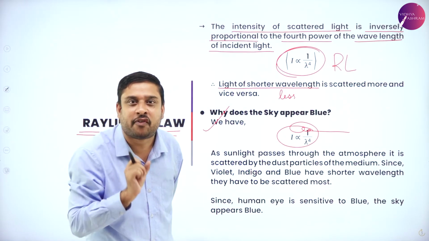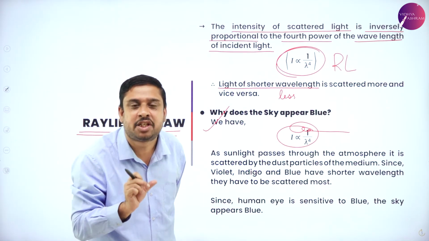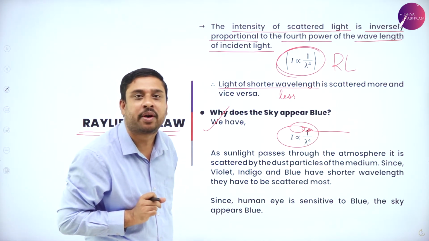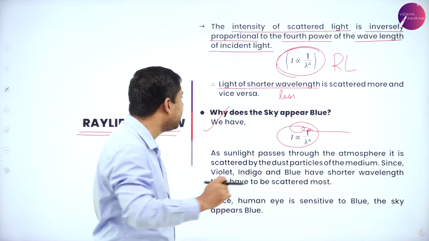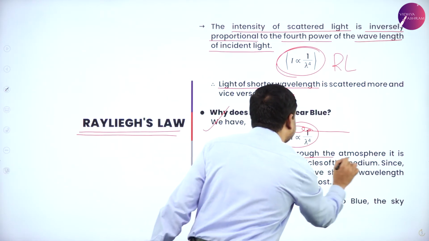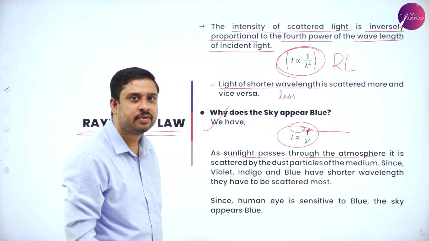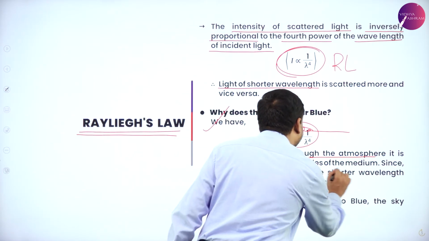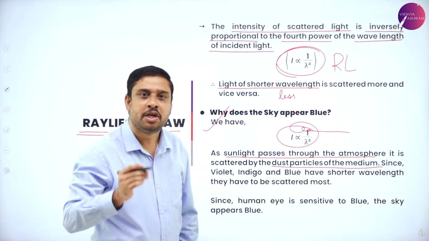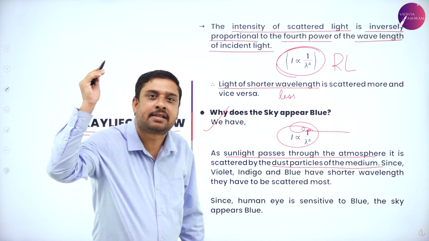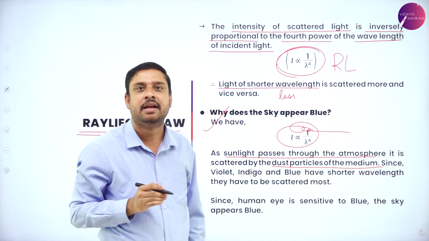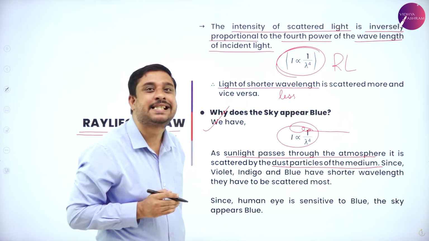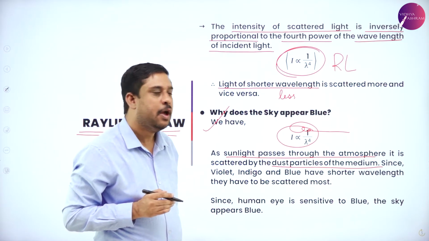If the wavelength of light is less, light of shorter wavelength will be scattered more. Now, as sunlight passes through the atmosphere, it is scattered by the dust particles of the medium. So, sunlight is passing through the atmosphere. The dust particles of the medium will scatter sunlight, which means